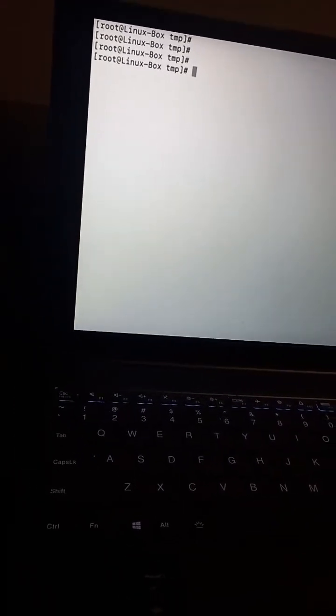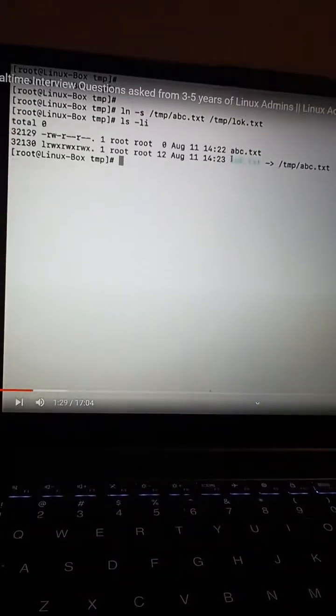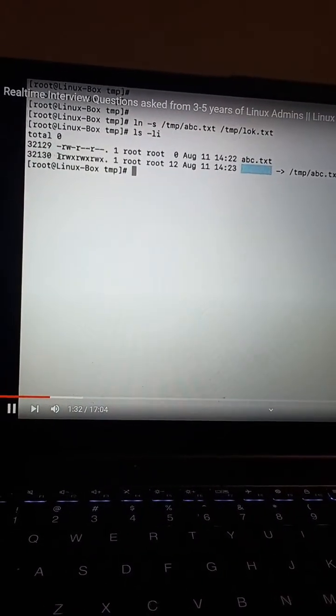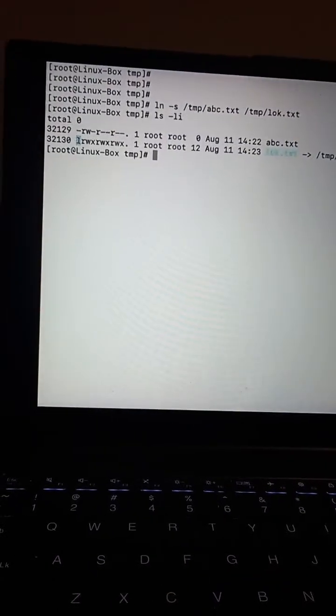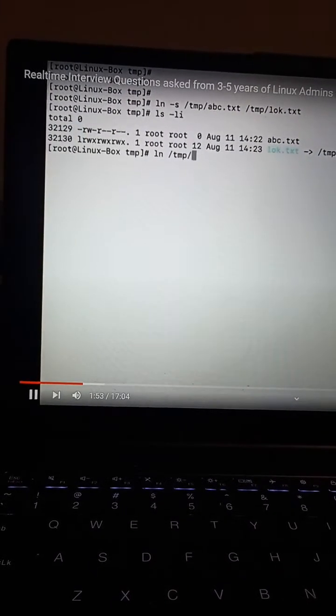Okay, so now let us say I have to explain the difference between hard link and soft link. Guys, whenever we create a soft link, let us say I'm going to define file abc, and this is going to be in cyan color. Moreover, it will show a particular l character written for soft link. ln -s abc.txt, and I define it as new.txt, right? ls -li. If I run this particular command, then guys, we are going to see that abc.txt and new.txt, both the files